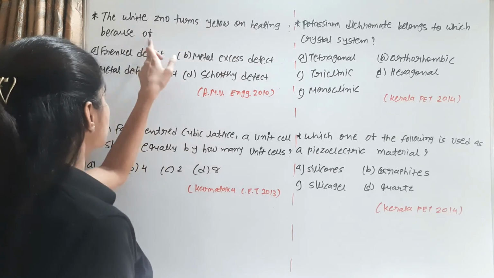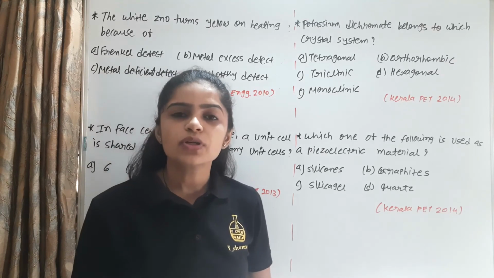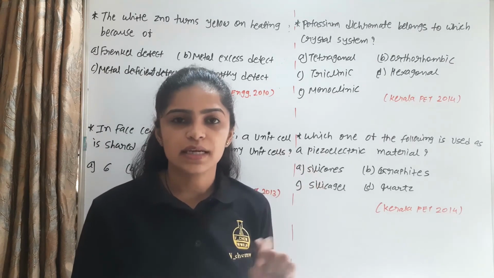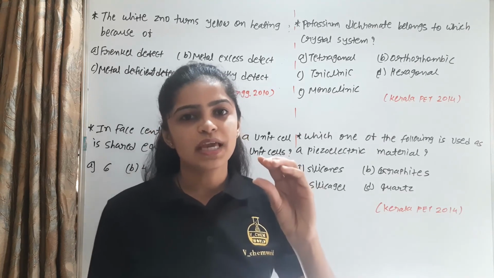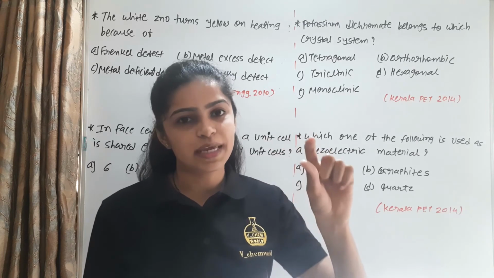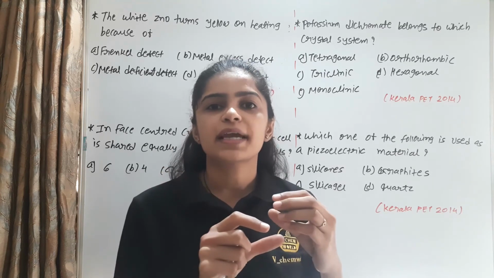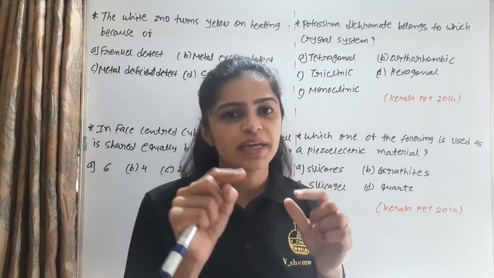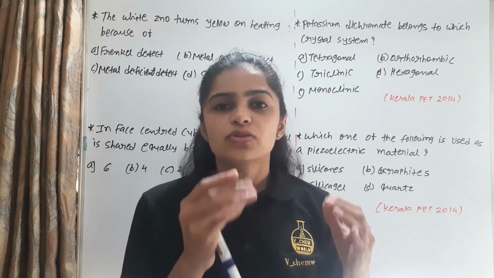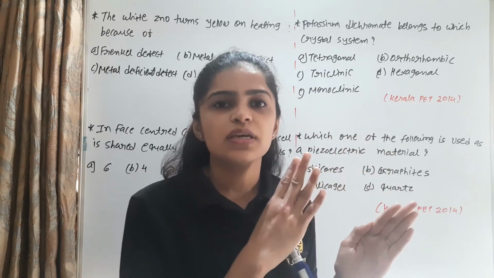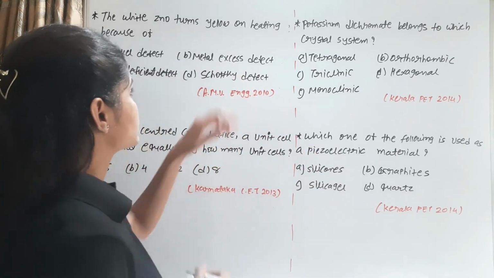Which turns yellow on heating because of the Frenkel defect, metal excess defect, metal deficient defect, or Schottky defect? We know that, for example, consider NaCl. The NaCl crystal is put in sodium vapor. When heated with sodium vapor, Cl− is missing from its position, and Na is converted into Na+ and one electron. So this one electron occupies the negative ion position. When an electron is present at this position, it is known as the F center, and F center means color. In that way, ZnO is first white, but it converts into yellow because of the presence of the metal excess defect.